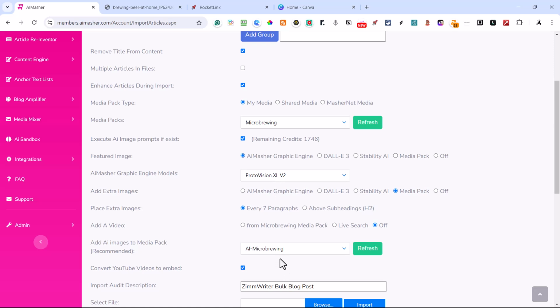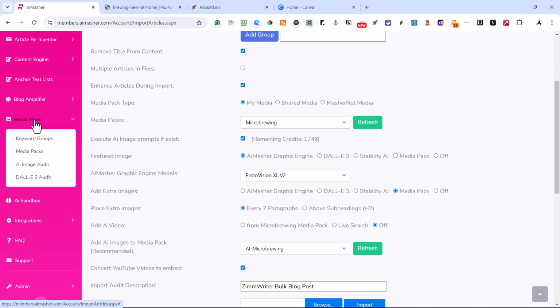Now I can make sure that I'm separating AI from real photographs. So I've got 2 folders for microbrewing. Okay. Now, if you need to create one on the fly, you can hold down your control key, open this, open that, and you can add a new one at that time if you needed to. And then you just hit refresh and you would see it in here.